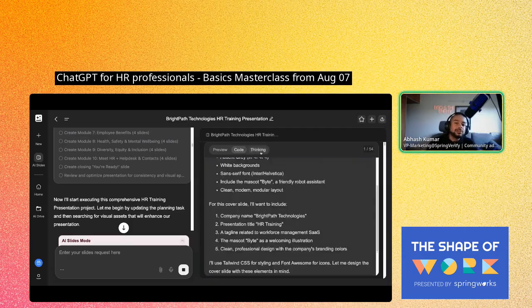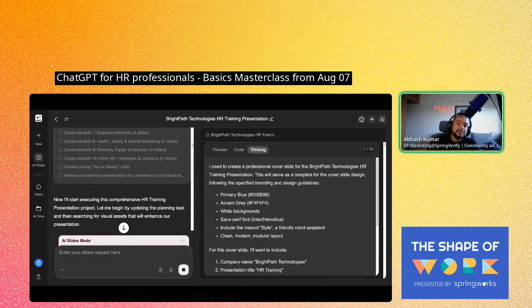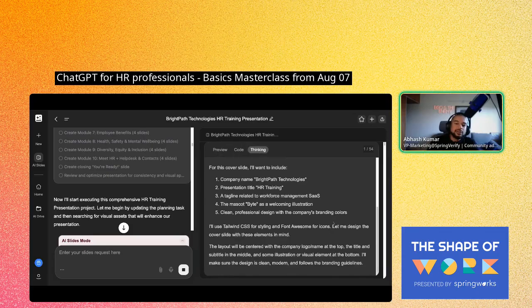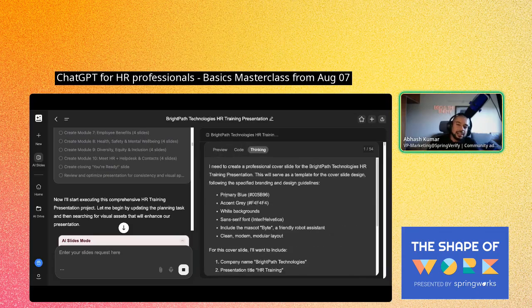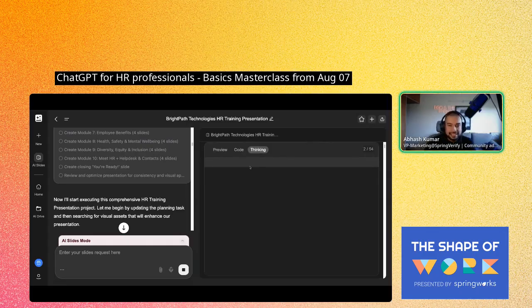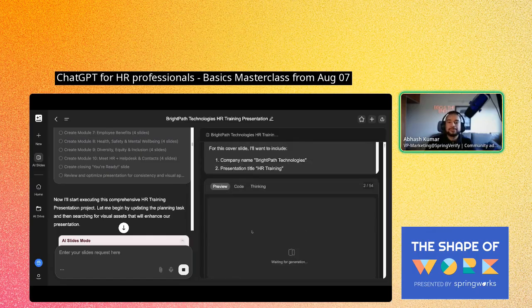If you actually want to see what the steps are, you can see here, right? How it thought through that process is here. If you go to thinking, you can see I need to create a professional cover slide. It is going through each process one by one, right? So this is the thinking for the presentation cover slide that it is creating. The code is being written in this window, and the preview is in this window.